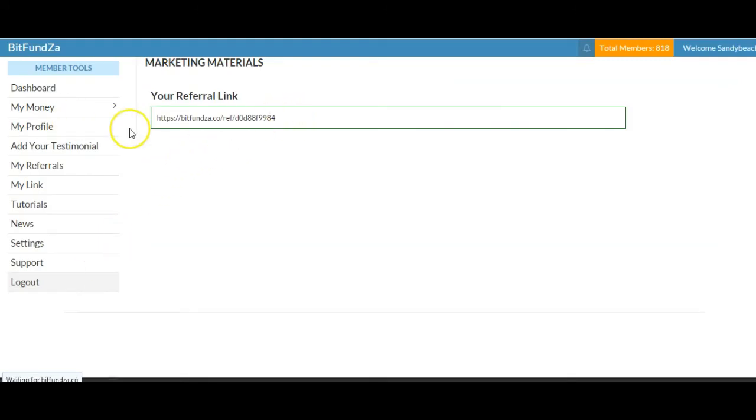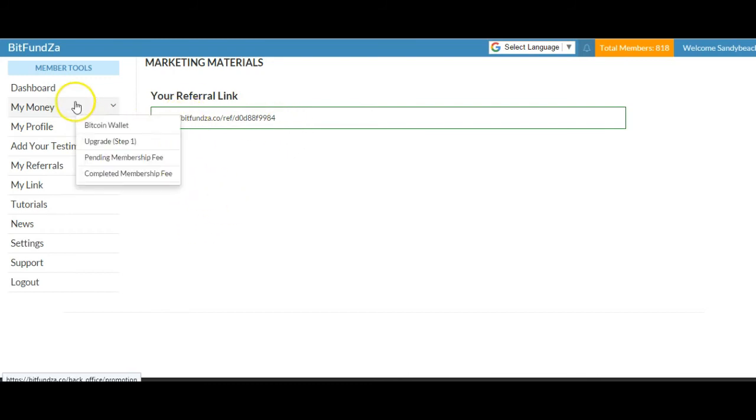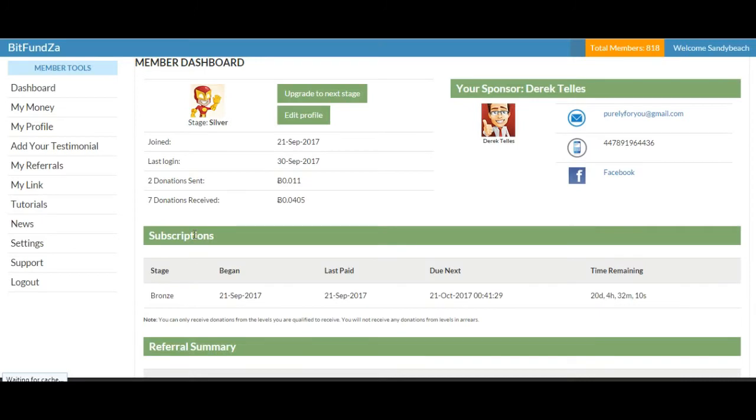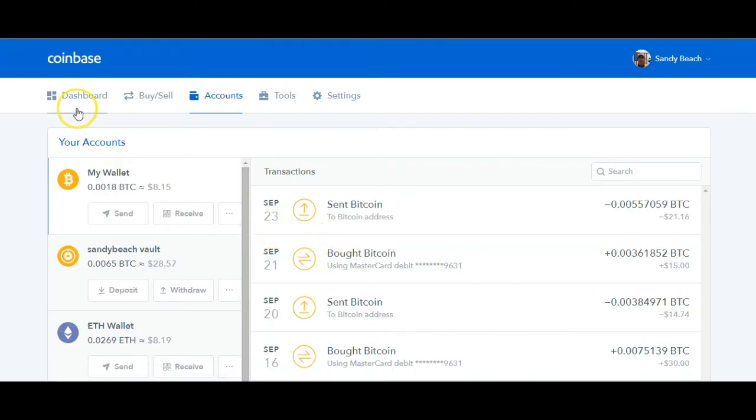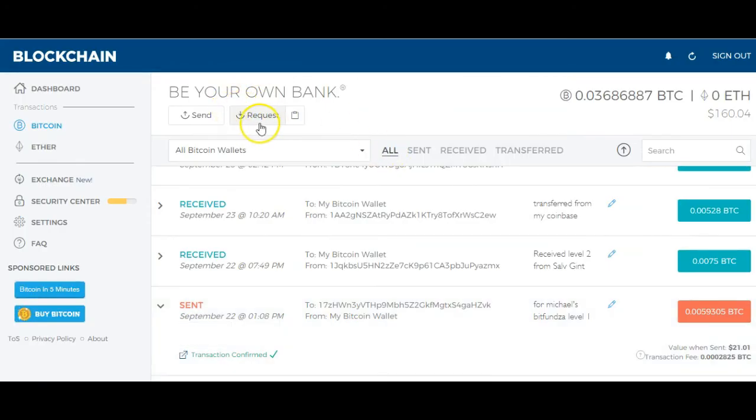There's your link. That's my link, but there would be your link. You can copy and paste that and send it to the next person or persons or organizations that you want to get involved with your campaign. And as people come on, they're going to have to go through the same thing. They want to buy coins, so you have to have a Coinbase account to buy it. And then you've got to have a Bitcoin wallet to request it from yourself, from your Coinbase, and to send